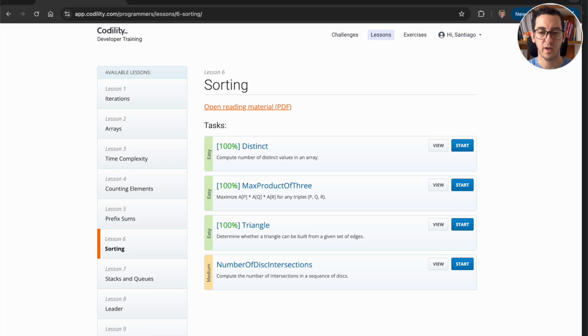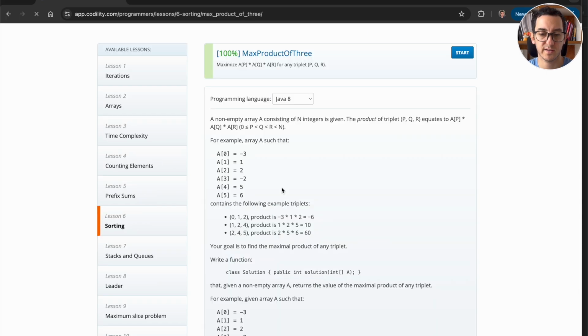Welcome back to the channel for another video, and today we'll be looking at the second exercise of Codility lesson number 6, max product of 3, and it has a very simple explanation and it should be pretty quick. Let's get at it. Okay, so as always, let's go into Codility, this time lesson number 6, exercise 2, max